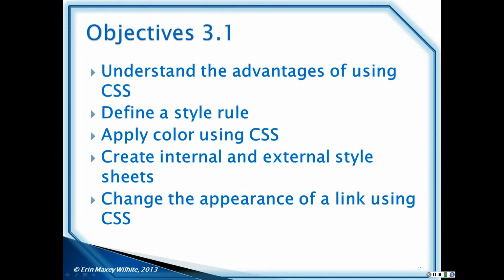Thing, and they are a great thing. You're going to really enjoy them once you get the hang of them. The trick to remember is that you've just learned a new language called HTML, and now you're going to learn